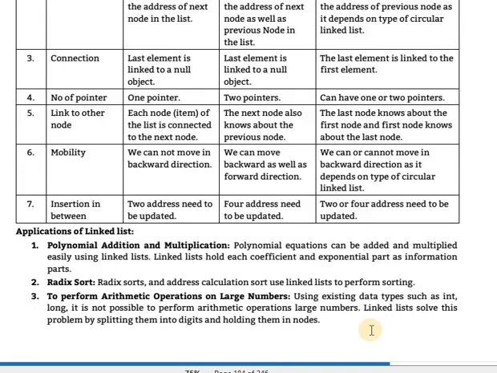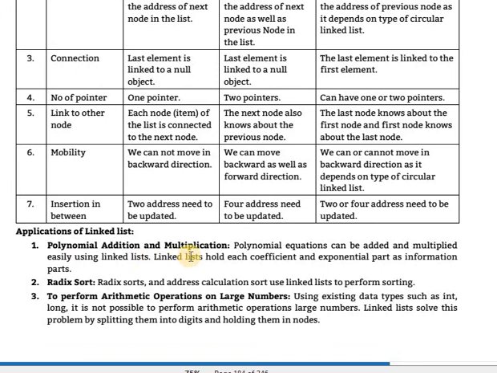The next and last point under unit number 4: after this lecture you complete unit number 4. In the next lecture we start the last chapter, the 5th chapter. The last point is applications of linked list. Applications mean, in short, advantages, or in which areas the linked list data structure is used.